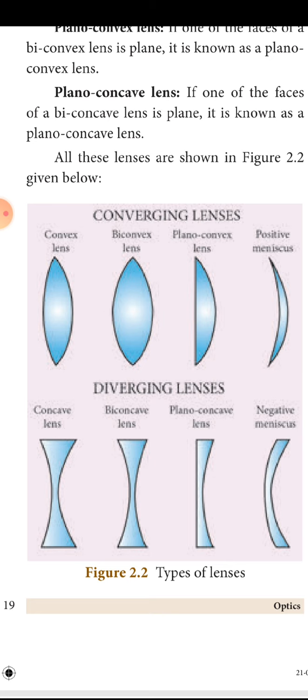Then we will see the eye, parts of the eye and its defects. In the next class, I will teach you about the images formed by the concave lens and convex lens. If you see the full lens at a time, it will be confusing. So in the next class, or after the eye defects, I will be teaching you the images formed by the convex lens and the rules. Okay, thank you.